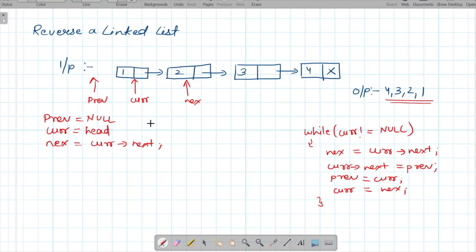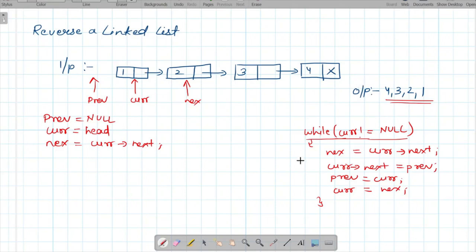So what we have to do is just make these pointer changes, and so we are going to traverse this linked list. That is why we have written this condition over here, while current is not equal to null. So until and unless our current is null, we are going to perform these steps. So for every node we are going to perform these steps, and whenever we reach the null pointer, then we will stop.